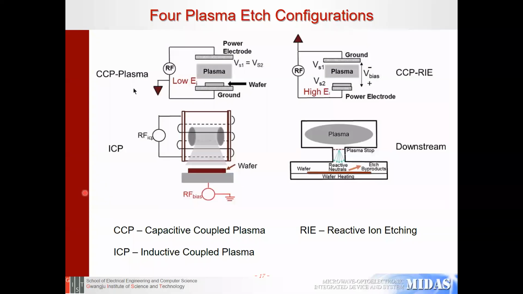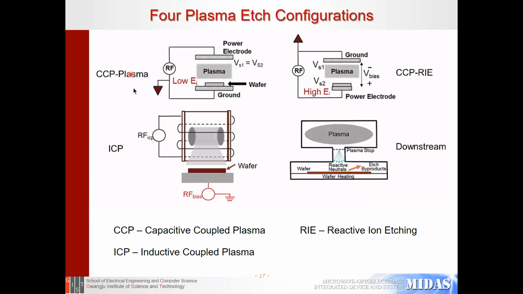So here first I want to give an overview of the four configurations, and I am going to discuss them in more detail in the following slides. The first I want to discuss is the CCP plasma configuration, which is known as capacitive coupled plasma configuration. And in this configuration,